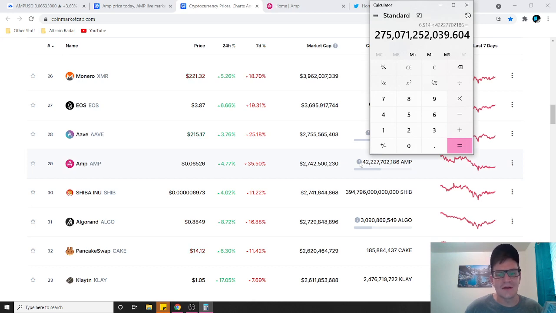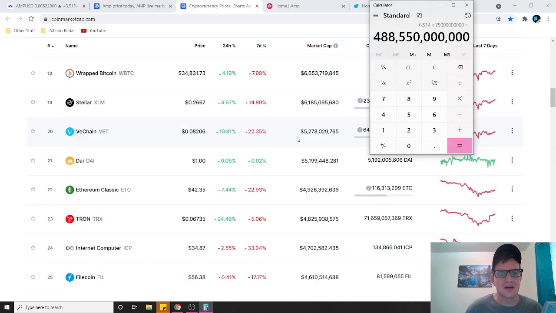That's with the current supply, though. With the supply increasing, that's not the case. So let's just say, for the sake of argument, the supply at the time that it goes up that high is close to its max supply, which we'll just say is 75 billion. So the price, if it was 100x, would be $6.50. We'll do 6.514 again, multiplied by 75 billion, closer to the max supply, and that would give us a market cap of 488 billion.